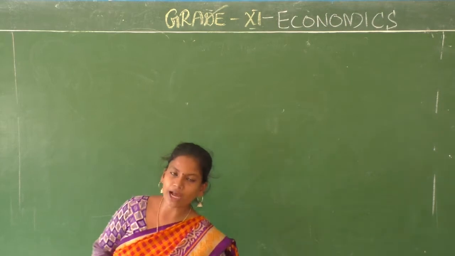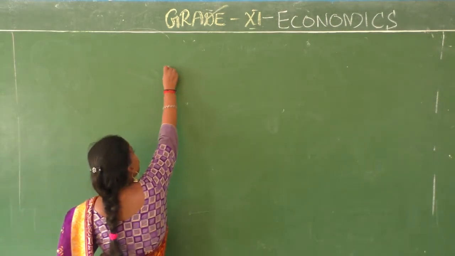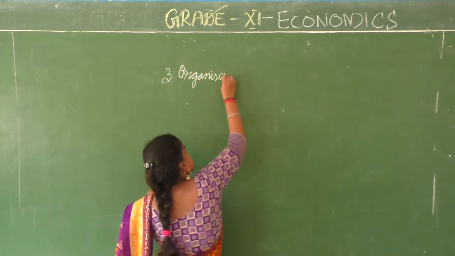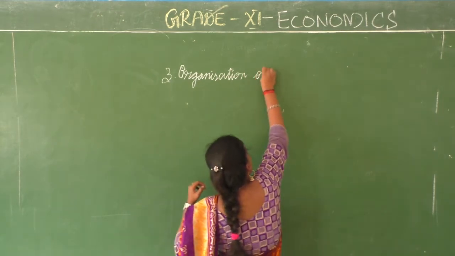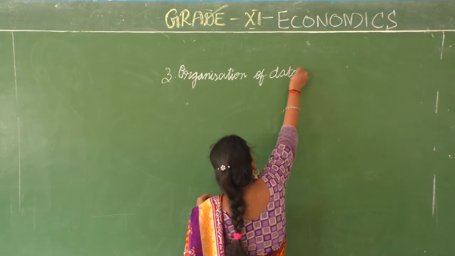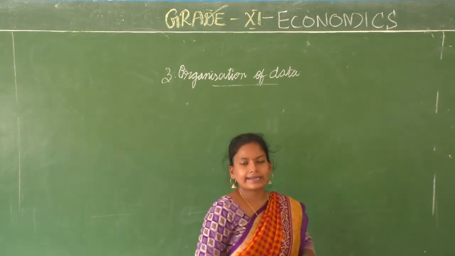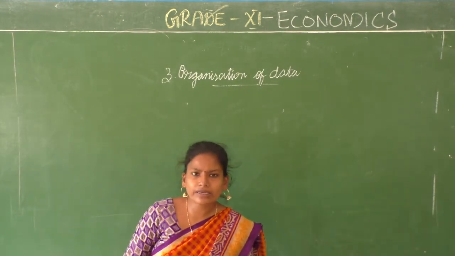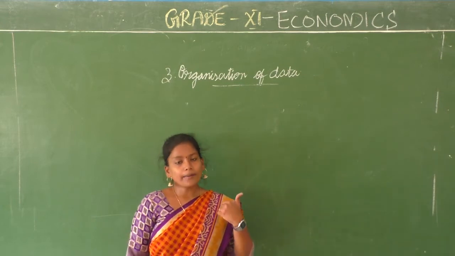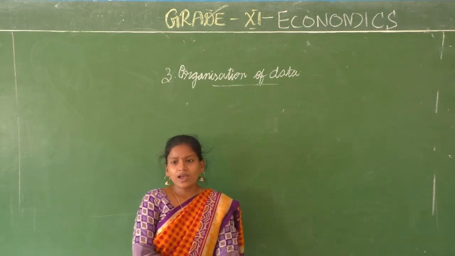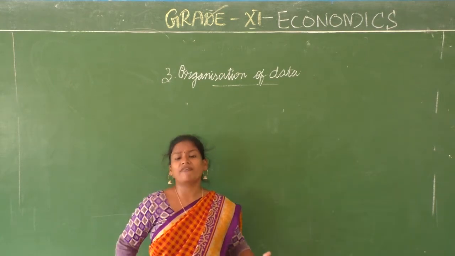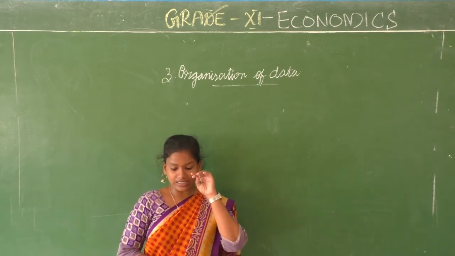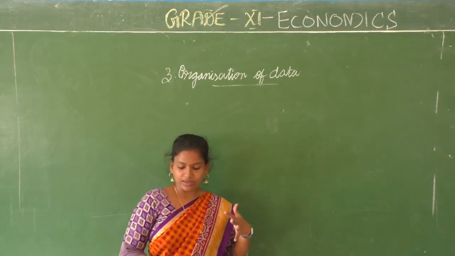Now we are proceeding into chapter 3, which is called organization of data. What is chapter number 3, children? Organization of data. That is, you have collected the data. Now how will you study the data? For what purpose are you collecting the data? To study and solve the problem, to come out with a policy. But in case you are not able to understand the data that you have collected, then how will you be able to study it? So what do you need to do? You need to organize the data. You need to classify the data.